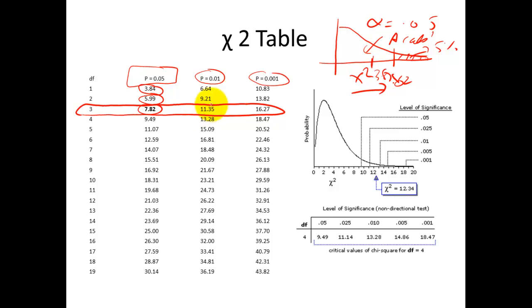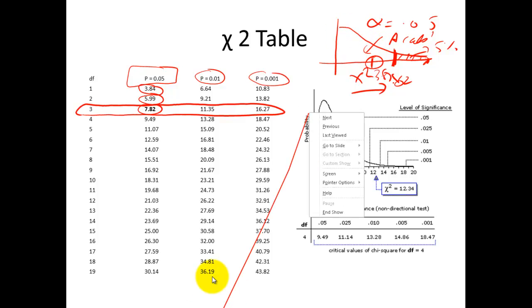When I go to 1%, the acceptance region value even increases further. So at 1% level, the critical value is not here, it lies somewhere over here. And if I go even further, then it goes up to 16.27. We're going to test this at 5%. At 5%, the critical value lies over here. The chi-square value that we've calculated clearly lies towards the left of that, so it's in the acceptance region. Therefore, in this particular example,